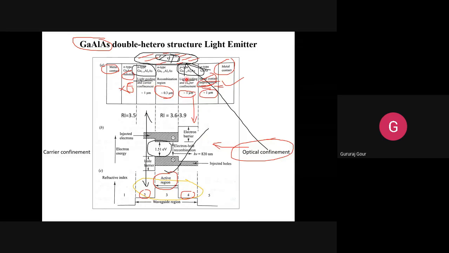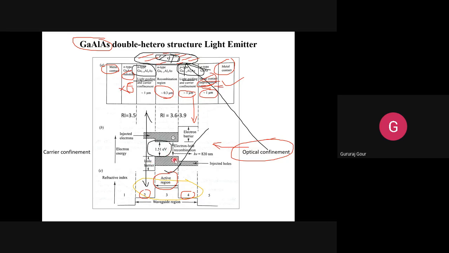Factor 4 is also called light guiding and carrier confinement. It means their main job is to minimize the carrier confinement problem by injecting more majority carriers in the respective bands, in both the lower and higher bands, conduction and valence bands. That is one major factor, and their region will be kept very large because we are allowing the majority carriers to come in more density in this region.